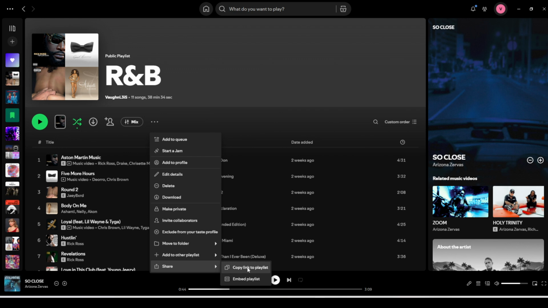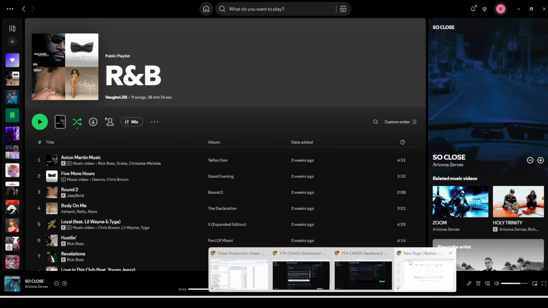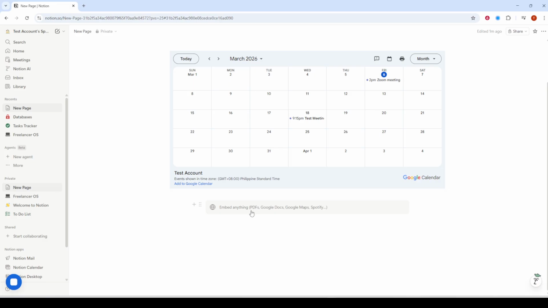If you're sharing a playlist with others, make sure it's set to be shareable or public so it loads correctly for them. Now switch over to your Notion page and decide exactly where you want the player to appear. Place your cursor there, type /embed, and press enter. This creates an embed block and opens a field where you can paste content from other apps. Using the / command keeps your page tidy and ensures Notion treats what you paste as an embedded media block